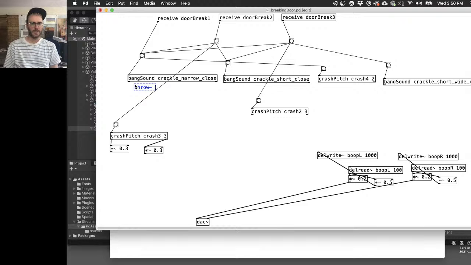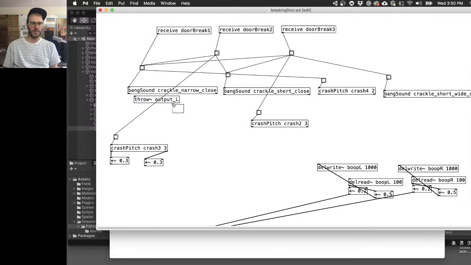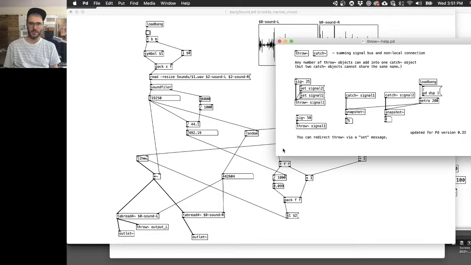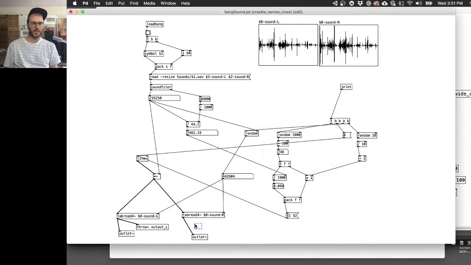Oh gosh, I always mix that up. Output left. Throw, it is, okay, and I'm just gonna put it in this subpatch. It'll be a lot easier. Or no, oop, why not? Let's keep it. And I believe I always get this mixed up. You can have multiple throws, but only a single catch. Is that right? Any number of throw objects can add into one catch. Okay, cool. So throw output